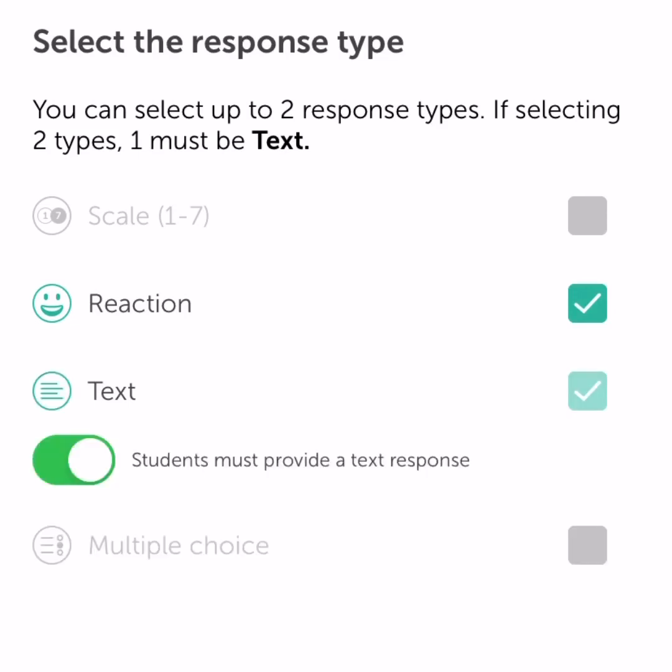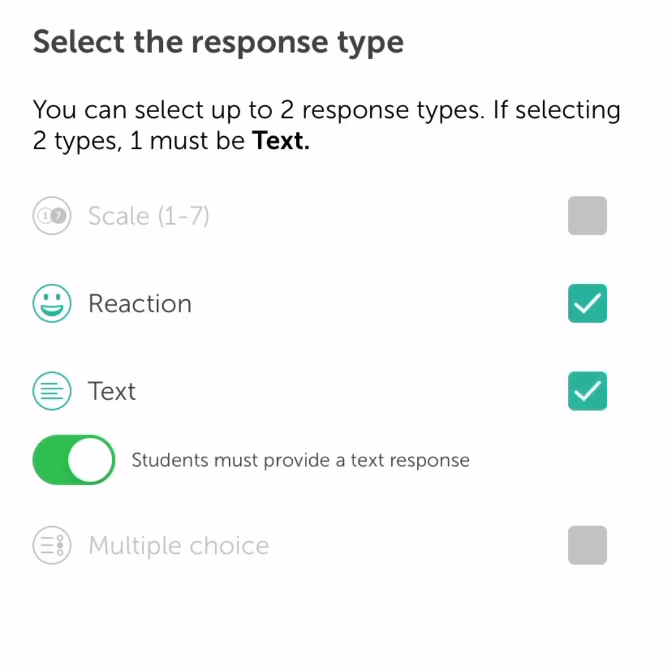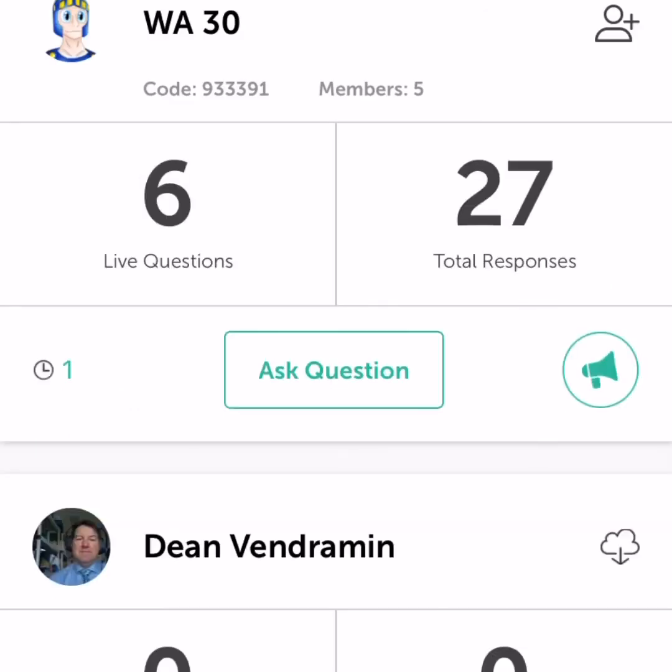I like how it grays out the ones once you can't do it. I think that's really cool. I wish the desktop version would do that, but it doesn't. But again, easy to set up your own questions and then fire that off for the students to respond to and get that discussion going. And the students can download the app. They go as a student. They would be able to communicate the same way the teacher is, and